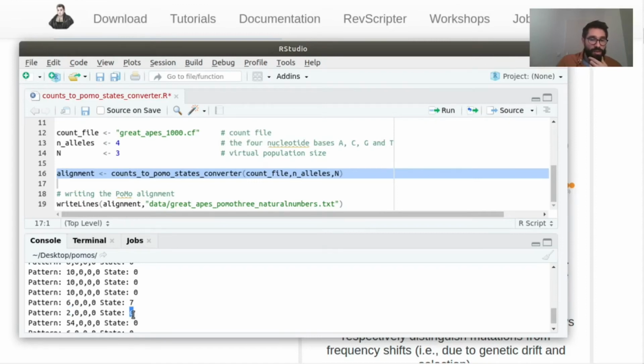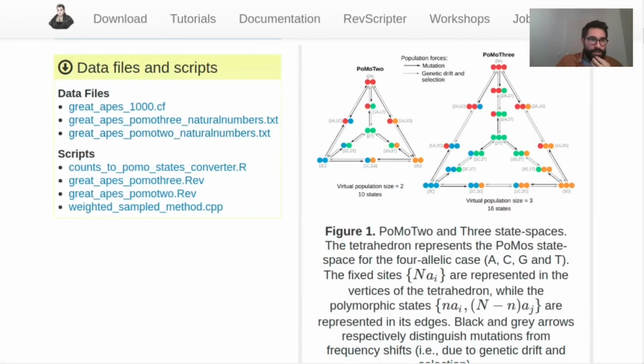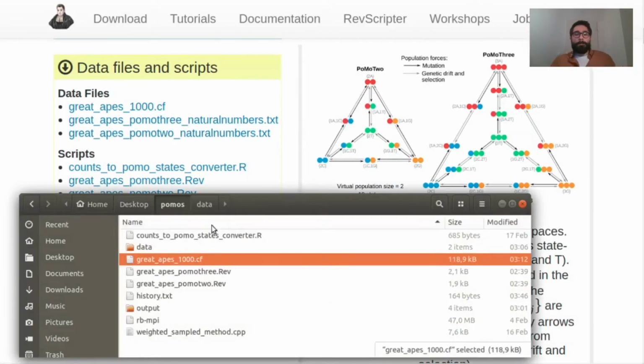This is actually a polymorphic state. So of course only 2 individuals can tell very little about the allelic composition of the population. So the benefit of the doubt and the weight sample method converts this observed fixed state into a polymorphic state, and this is essentially what this method does. So let's see what's the final aspect of this